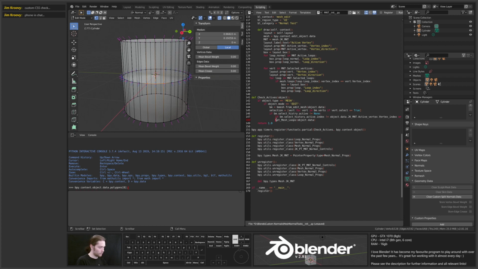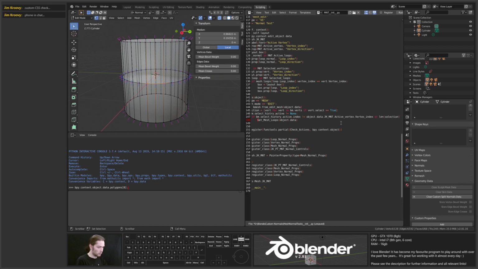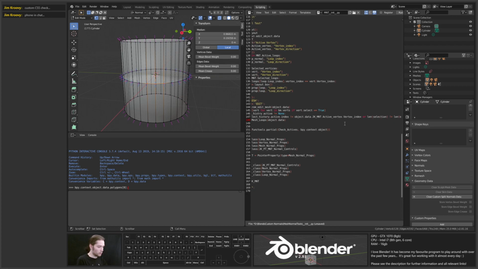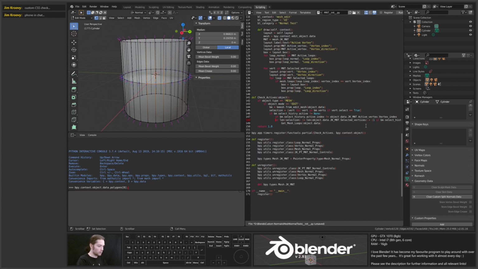Then we can do that. And then I think I'm going to separate this out into a separate thing. Separate check altogether. It just goes if